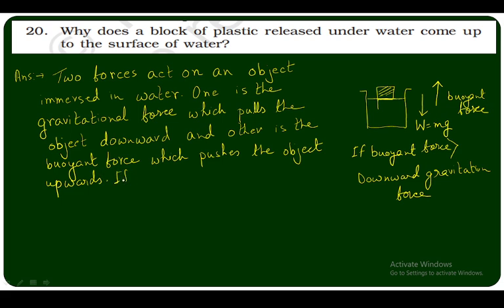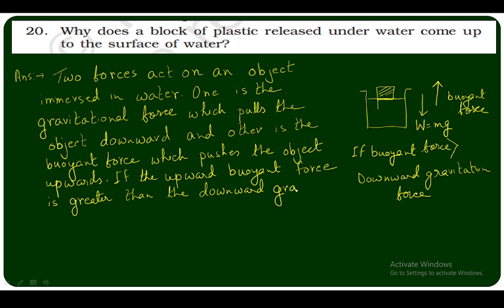If the upward buoyant force is greater than the downward gravitational force, then the object comes up to the surface of the water,